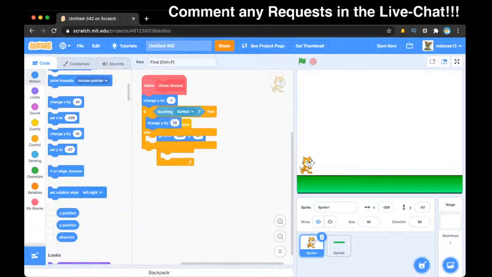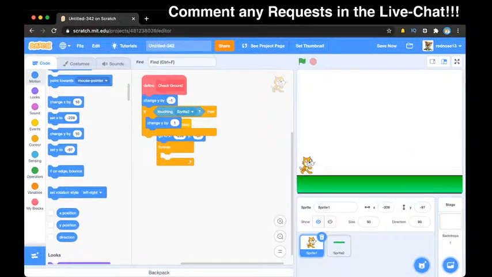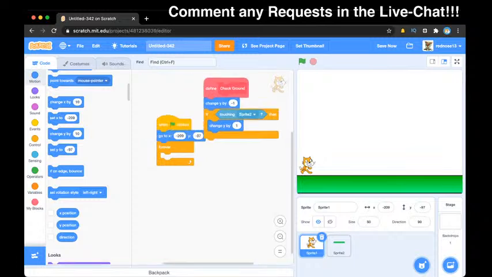So actually that can just be an if. And yeah, so now for the next bit of code, what we can do is forever, you'll do the check ground,